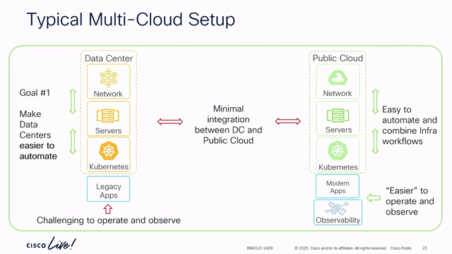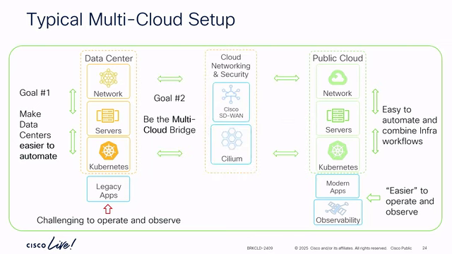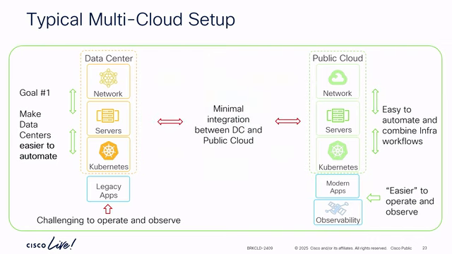So what are our goals in Cisco? Let me go back, because there's a bit of a missync between the screen here and up there. So goal one, make data centers easier to automate. This is what we're doing: ACI, automation, UCS, VMware, Nutanix, Kubernetes, but bring this together and do cross-domain automation to bring up cloud